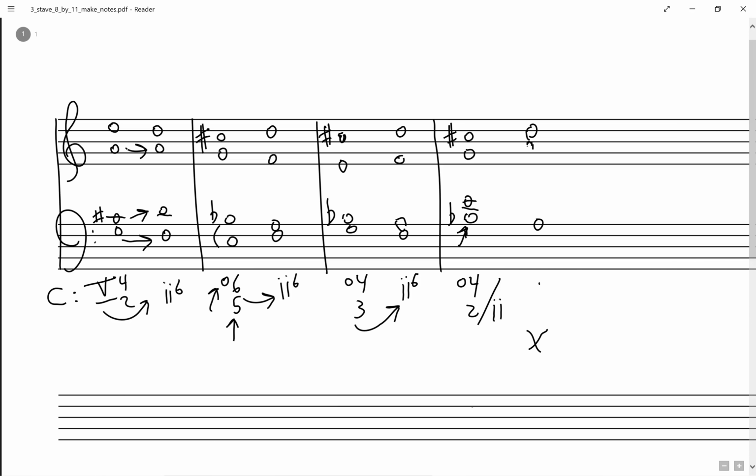One way of getting out of this, I'm going to erase this analysis because I don't really like it. It could possibly resolve like this. Okay, now we have something a little bit different. So here's my sound. That's the diminished 4/2 of 2. And then it resolves to this sound. We already know that sound, right? And if I kept going, we get something that sounds familiar. And actually, what's really going on is that we actually get, you guessed it, our cadential 6/4, but of what? Oh, of